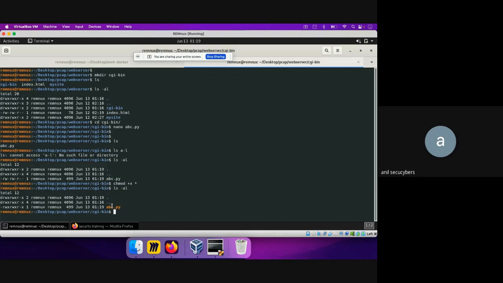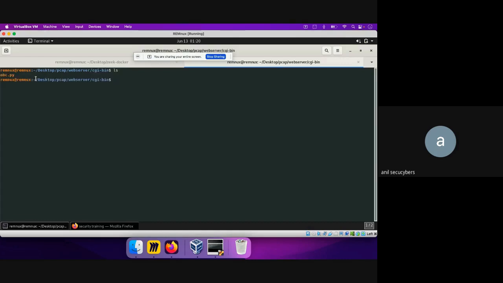To execute any Python script from the web browser, we need to set this permission, chmod +x, and the file that we want to specify. So now we have done that. We go over here, and this time rather than running this web server, we will be running a CGI server. So let me just